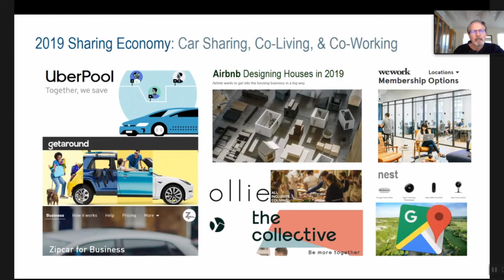With Zipcar, there's a garage near your home and you have the right to use cars and you reserve them by a calendar, the advantage is you get the vehicle you need when you need it. If you need a van to take a group of friends someplace, you can take that. If you need a truck to move something, you take that. If you just need a small electric vehicle, you take that. You take what you need when you need it, and you're sharing a group of vehicles with other people.